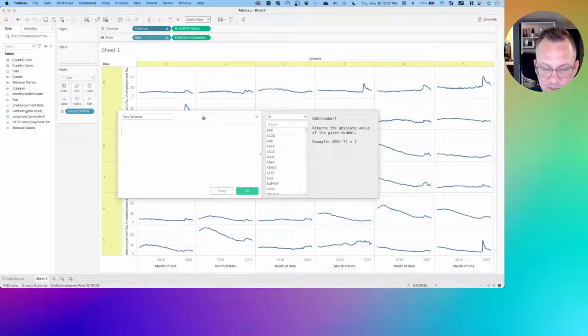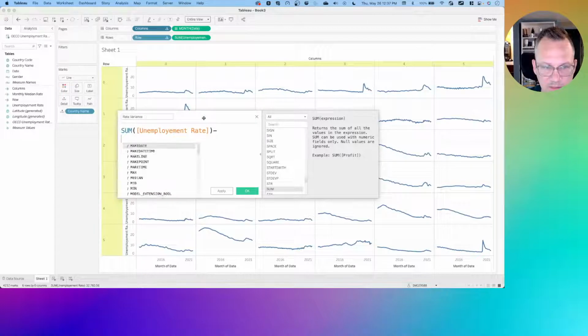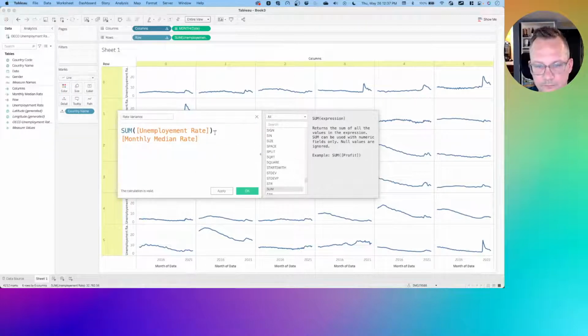It's just going to be the sum of unemployment rate minus the monthly median rate. So remember, the sum of unemployment rate is just the individual values that you see here. And we're going to take each one of those individual ones, and we're going to calculate this across the monthly median. Okay, so we'll say okay,